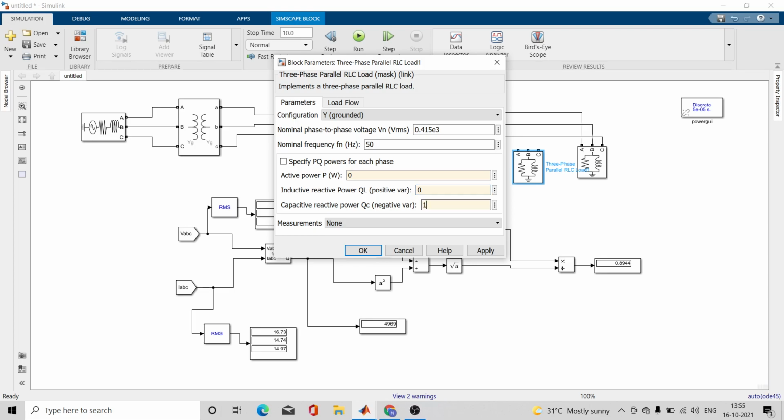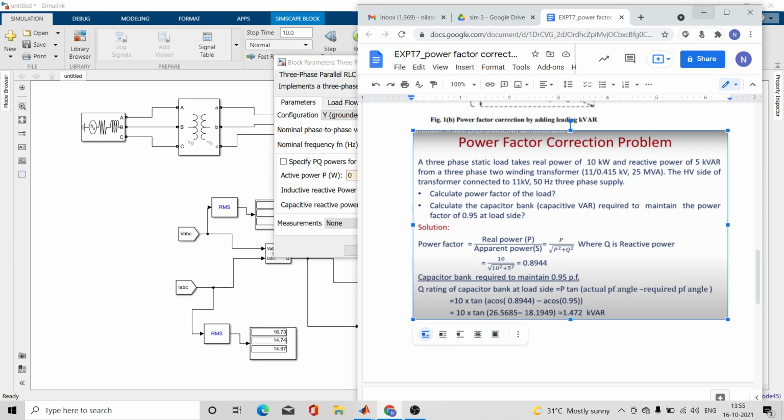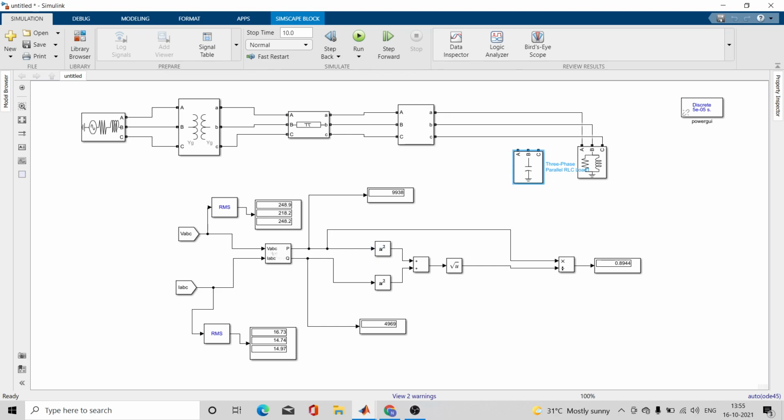And what is the rating of that capacitive reactive power? 1.472, right? Let me check it again. Yes, 1.472 kVAR, e raised to 3. This is only the capacitor which is used for power factor improvement. So let us connect it accordingly.